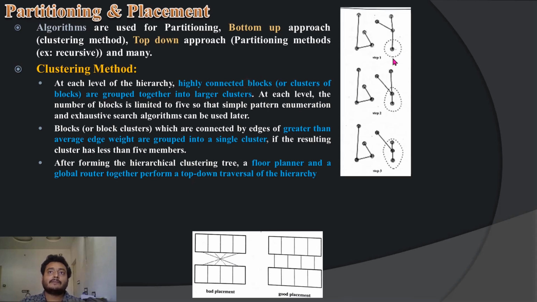You can see this here. In step 1, this block is connected to this one, so it groups this one inside it. It has grouped like this, and this is again connected with this one, so you group that one also. Then when you go to step 2, this one is also available. Why did it not take this one?